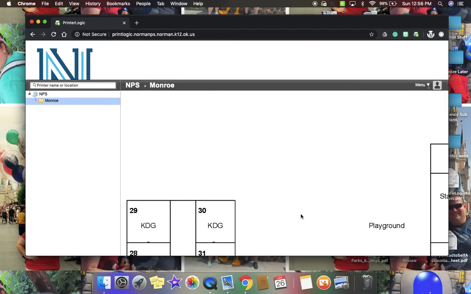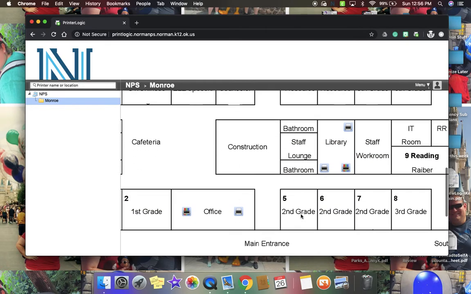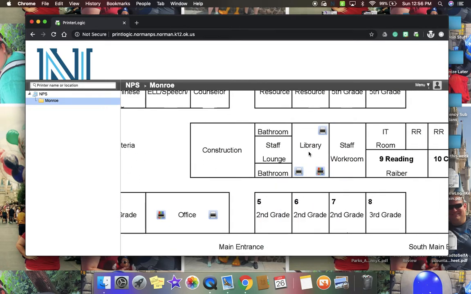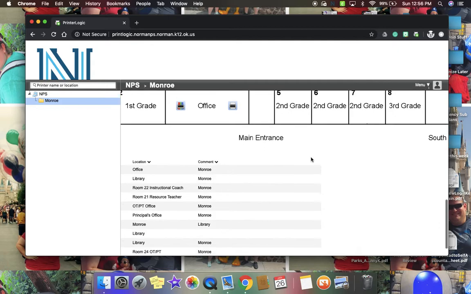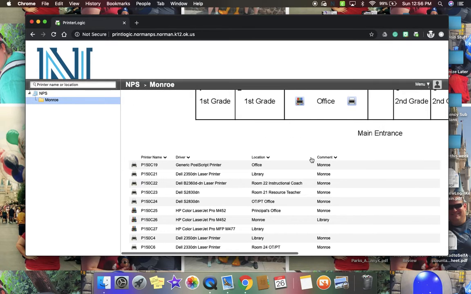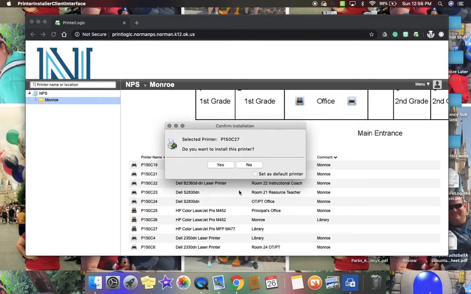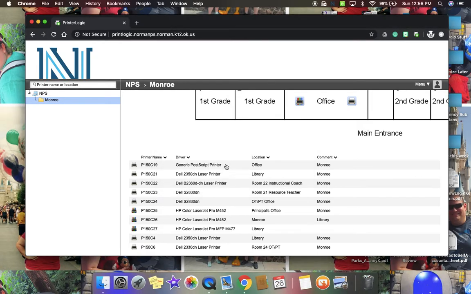So here's our problem. If you're able to get here, our color printer is not on the map yet. So if you just scroll down further, you'll find this one that ends in C27. That's the one you want. So you click that once, and this will pop up. You say yes,